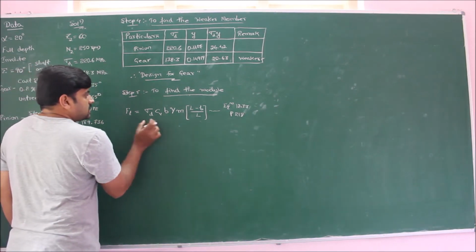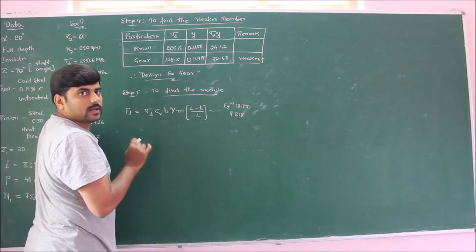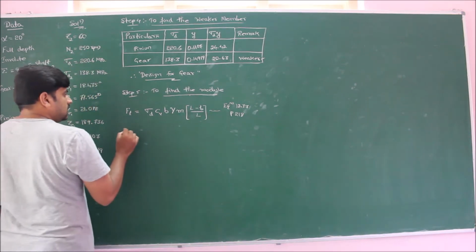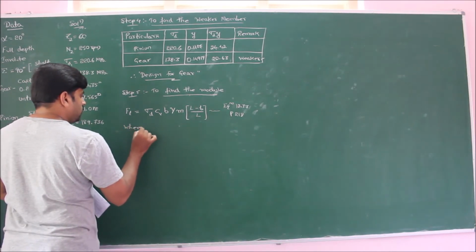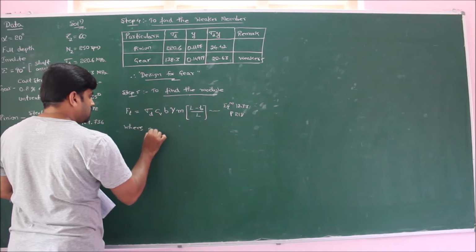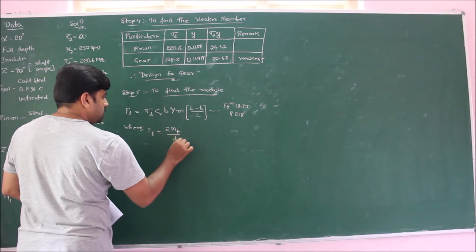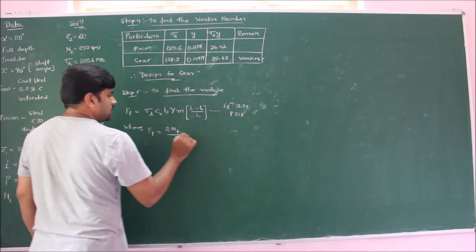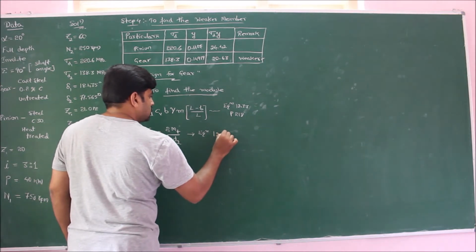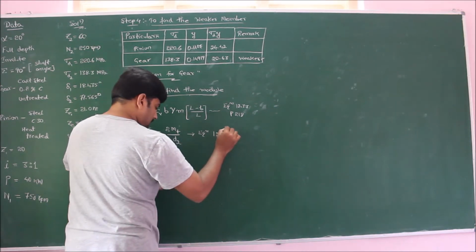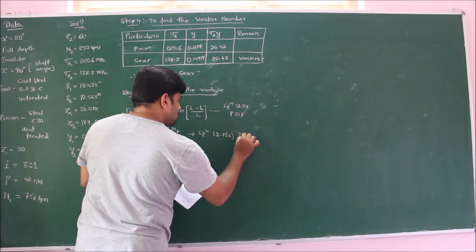Now I should formulate this equation in the form of m cube Cv. Now express the unknowns in terms of module, automatically you will get the equation in terms of m cube Cv. That is, the formula for Ft is already known to us, where Ft is given by 2mt by d2, because we are designing for gear. So this is from equation 12.8a, referring to page number 206.